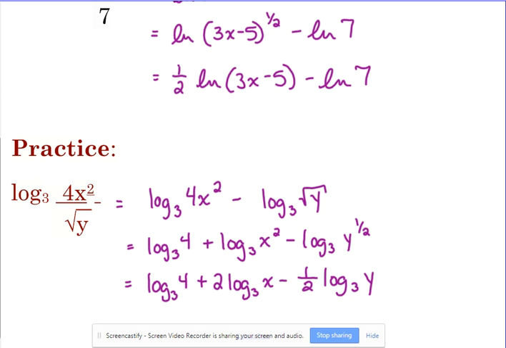Okay, did we get this? Log base 3 of 4 plus 2 log base 3 of x minus 1/2 log base 3 of y. Any questions about that? Okay, so just make sure that we've got these